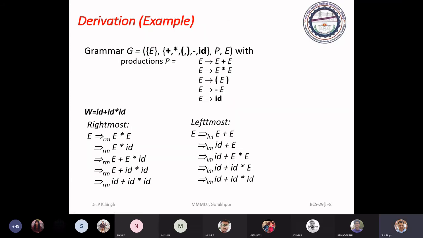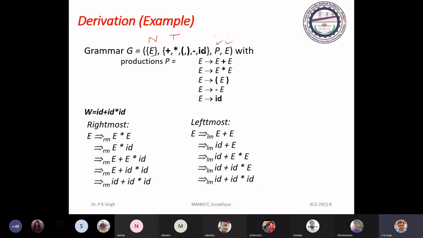Now come to the derivation. You just consider this grammar. In this grammar, we have non-terminal, terminal, production P and start symbol. We have a single non-terminal E and terminal symbols plus, asterisk, opening bracket, closing bracket, minus and ID.